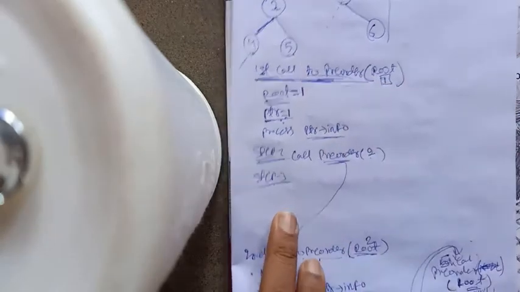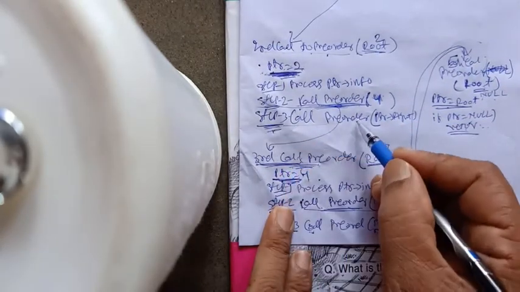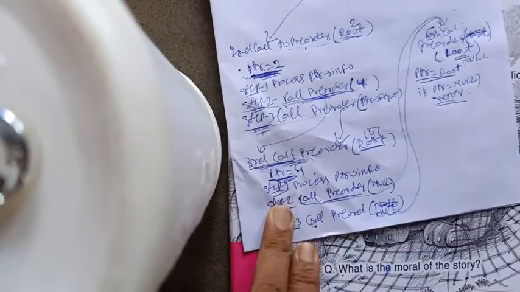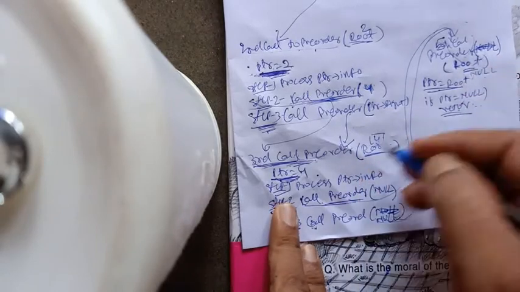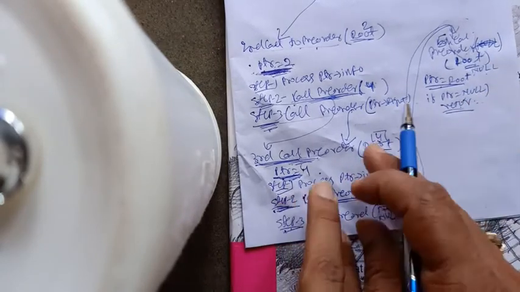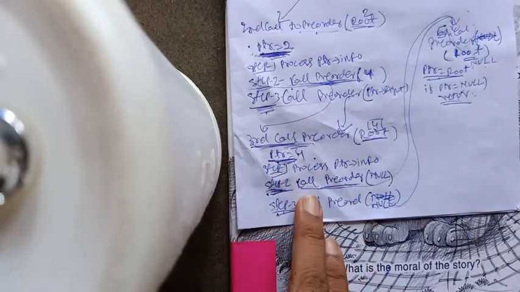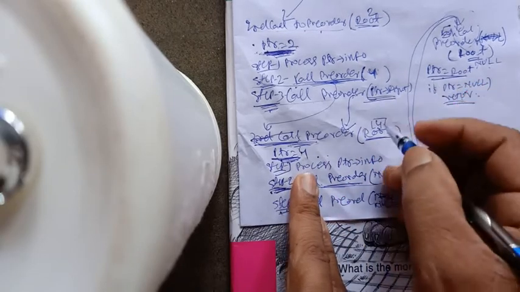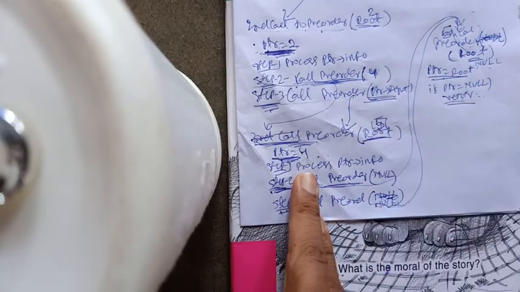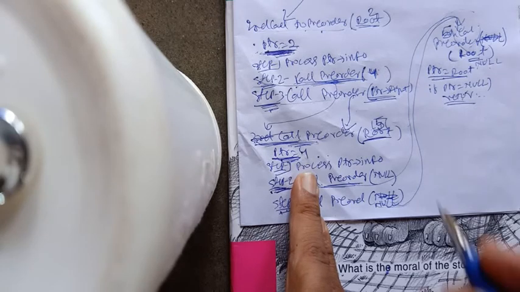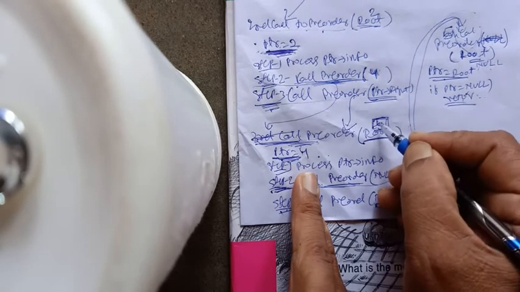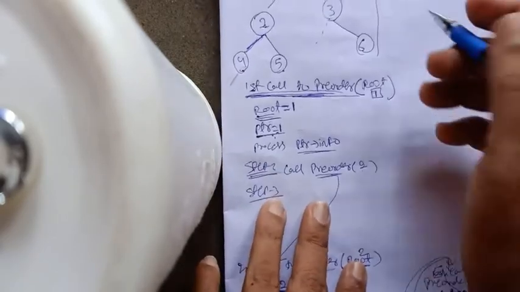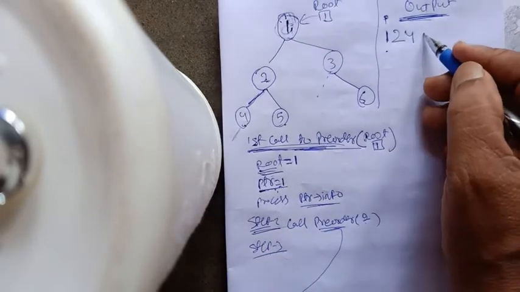So another call will be made, showing the same part. The earlier calls are erased, as they are no longer available in memory. Again another copy of the preorder function is loaded, and now ptr's right is passed. In the variable root, the address of 5 will be passed, and the info of ptr is processed. So node 5 will be processed, so after processing 1, 2, 4, it will process 5.